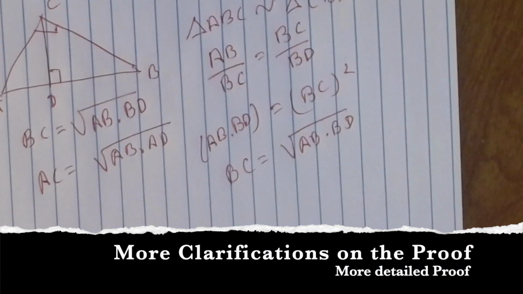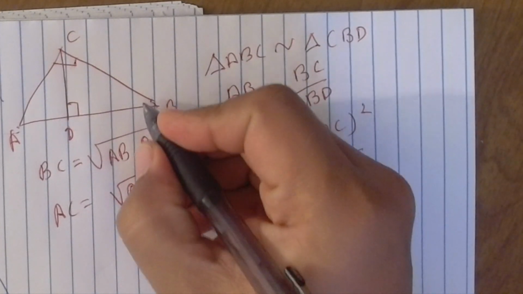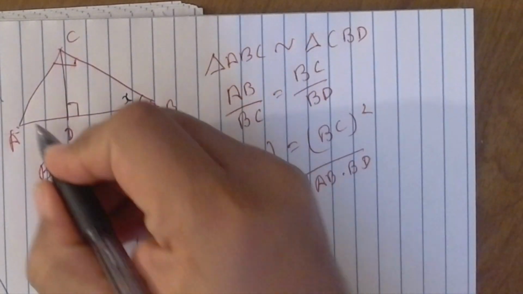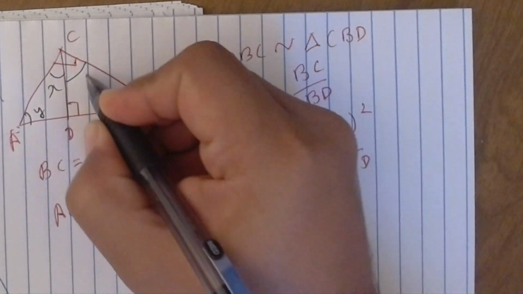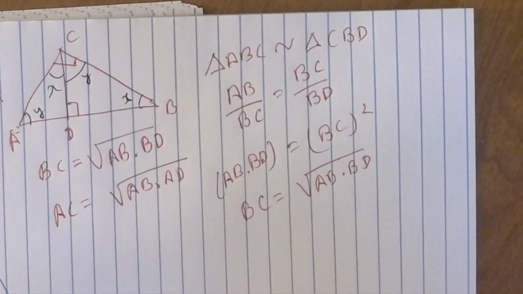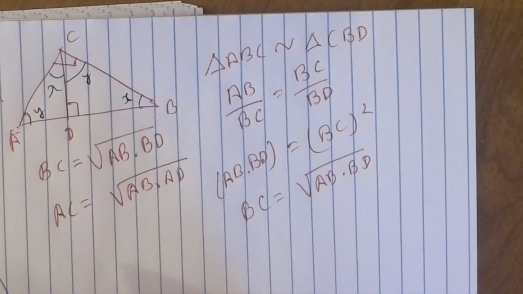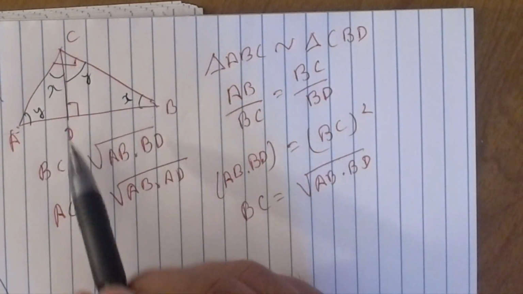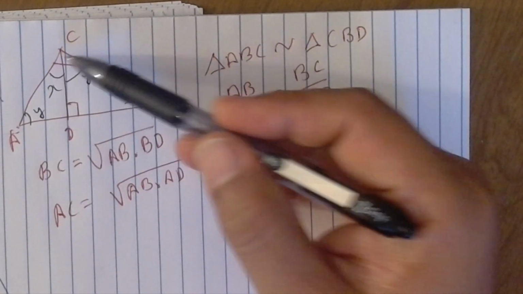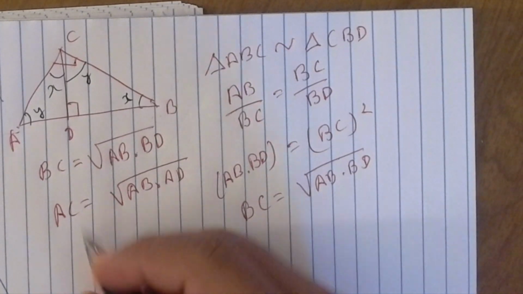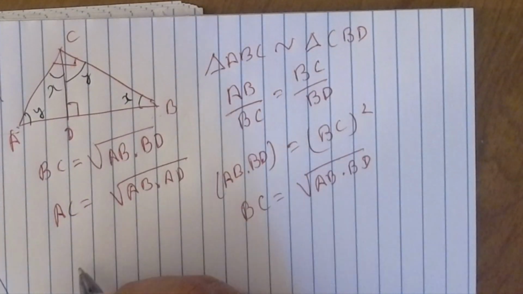So okay, there are some questions on this proof. So let's see one more time. Okay, so this angle is X. This angle is Y. Then this angle will be X and this angle shall be Y. Till here it is clear, correct? So this means if I have to take triangle CBD, C is starting from Y, then B, and finally 90 degree: Y, X and 90.